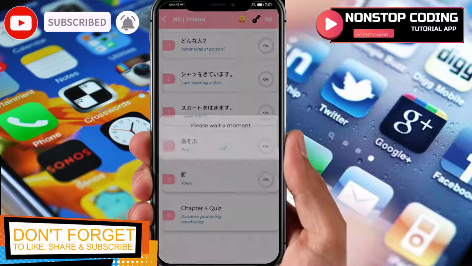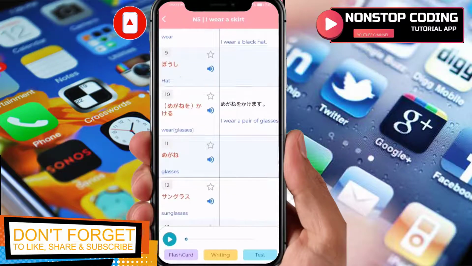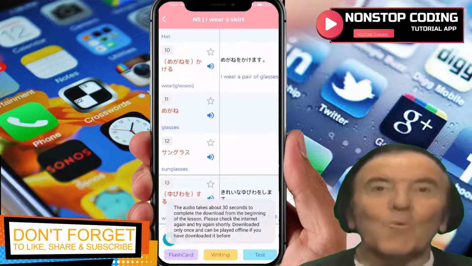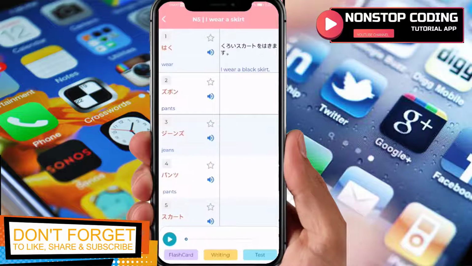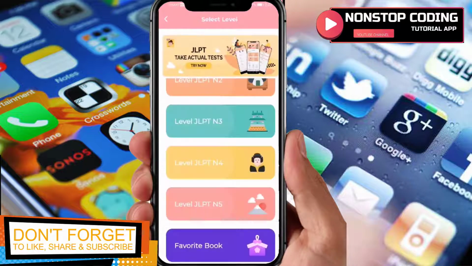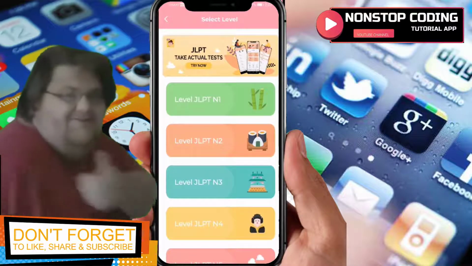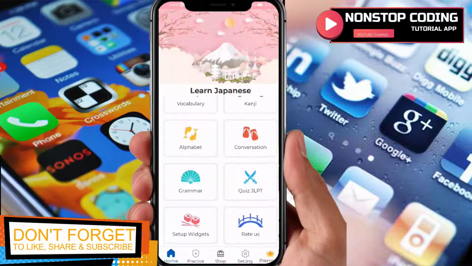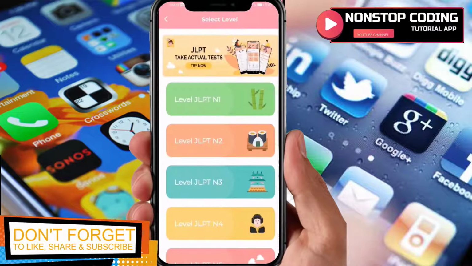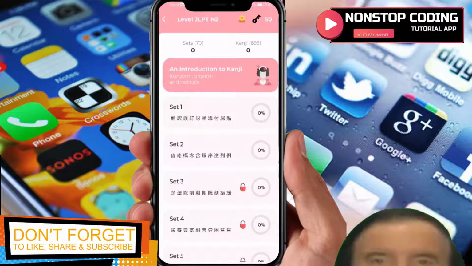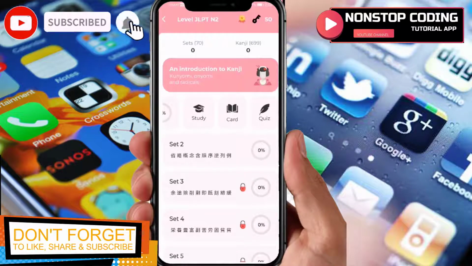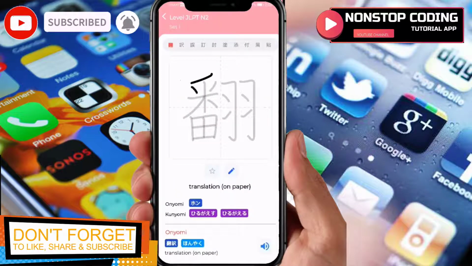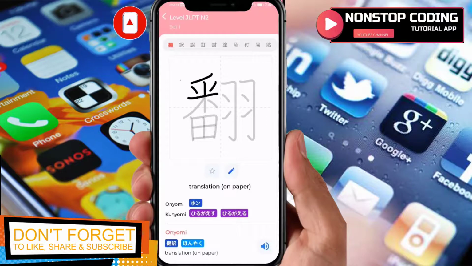It's going to take a while to load there. So tap to listen there. The audio takes some time to load, so it's going to download some resources first before you can listen to the pronunciation. So you can also jump to this one here, the kanji part, where you can practice kanji, study how to write it properly using the strokes